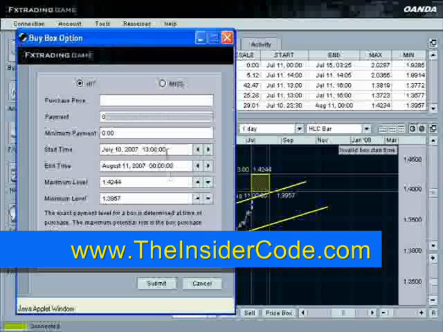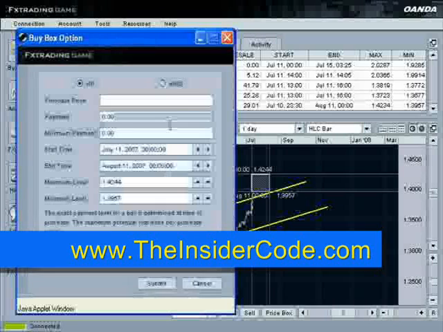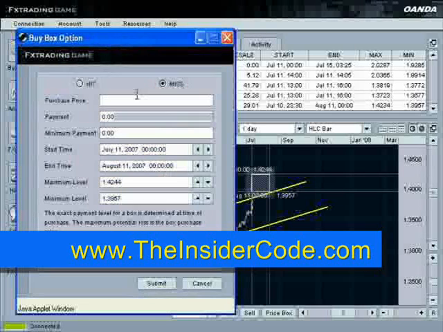July 10th at 1 o'clock in the afternoon. You can see start time is too near because it's obviously after this price. We'll just go ahead and set this to whatever, July 11th at midnight. So here we have a month worth of time. July 11th at midnight to August 11th at midnight. Okay, now we want a miss box, and we'll put in $50 here. And we'll see what we have.